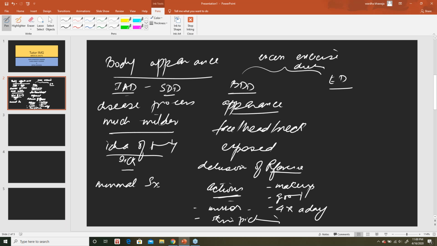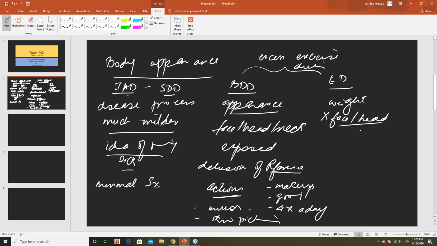Excessive dieting. But in eating disorder, you will see a preoccupation with weight and not so much a preoccupation with the face, head and neck area. There isn't a preoccupation with these specific features,